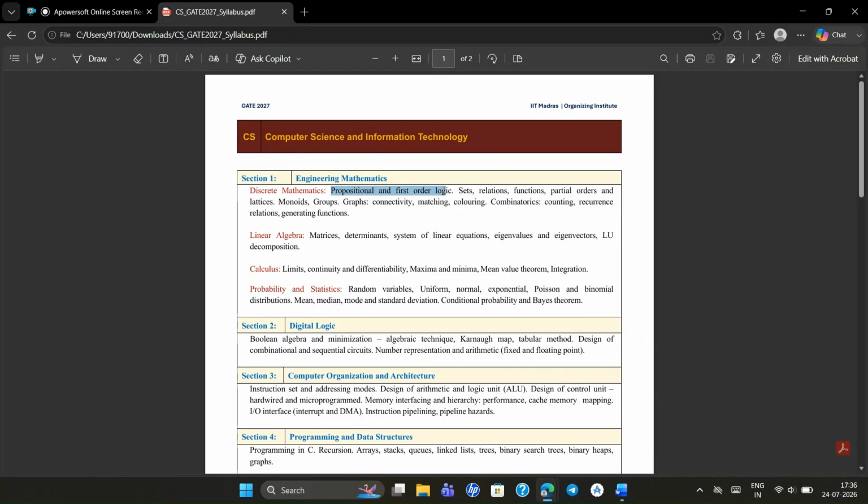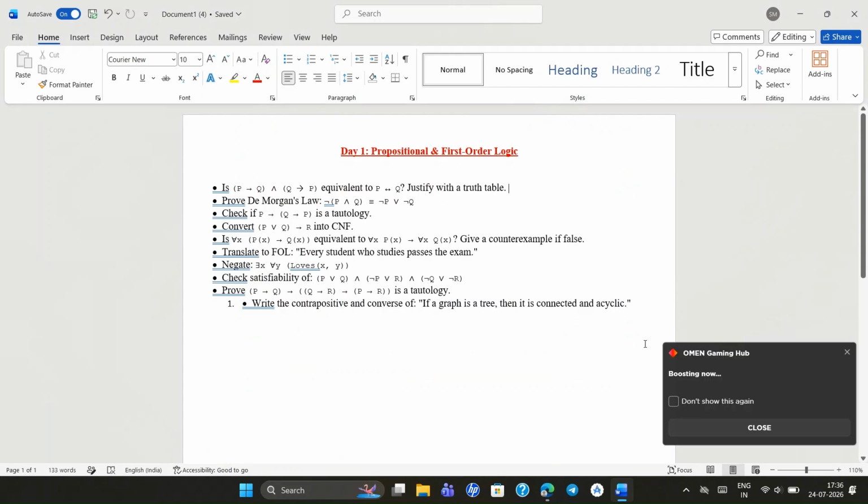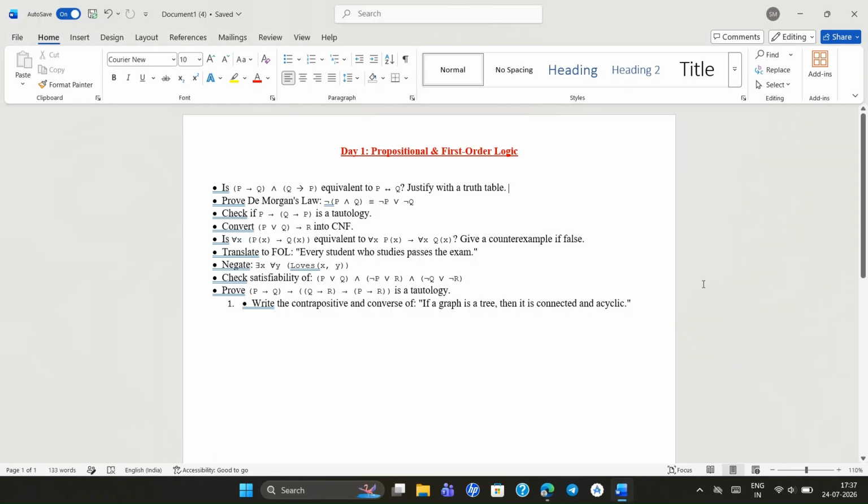प्रोपोजिशनल एंड फर्स्ट ऑर्डर लॉजिक, तो आज मैं इस टॉपिक को कवर करने जा रहा हूँ। तो आप देख सकते हो कि मैं इस टॉपिक से इम्पोर्टेंट 10 क्वेश्चन उठाया है, जो क्वेश्चन बहुत ही इम्पोर्टेंट है गेट के लिए। तो चलिए शुरू करते हैं बिना किसी रुकावट के।